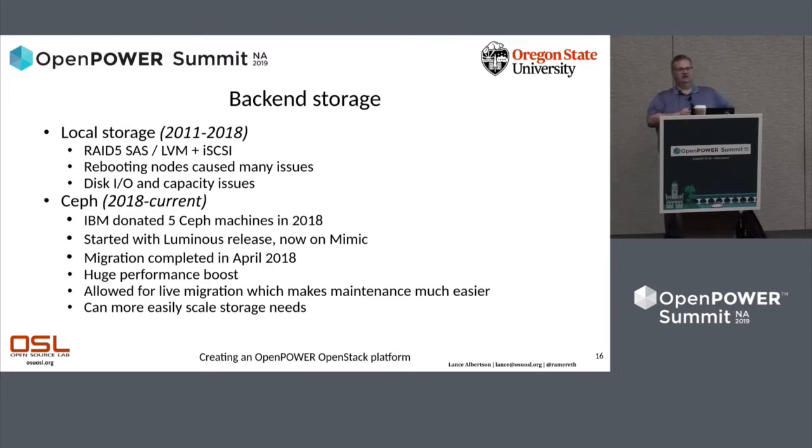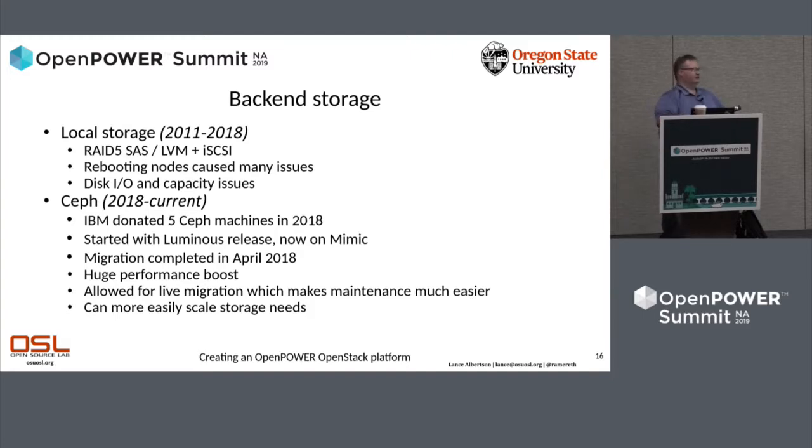So I couldn't do live migrations, and if I rebooted a node that had the storage, it was visible, but then it went to another machine, and everything would just not work. And then we also ran into a lot of I/O contention and capacity issues. We couldn't scale the storage up the way we wanted because it was based on those nodes. So in 2017, I really pushed IBM to help us start using Ceph,